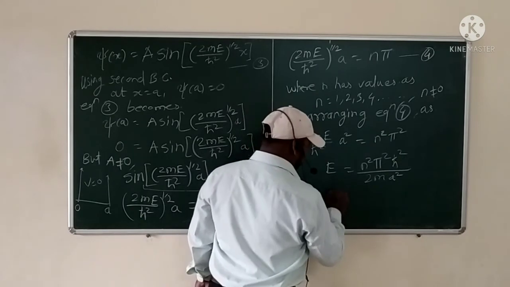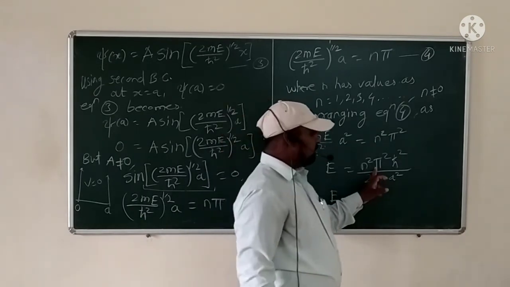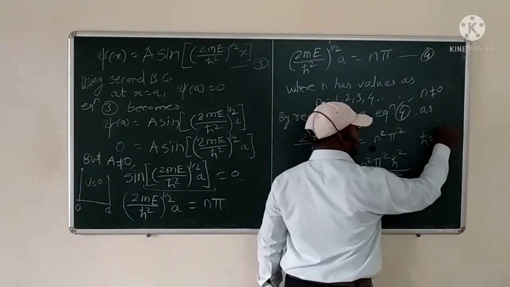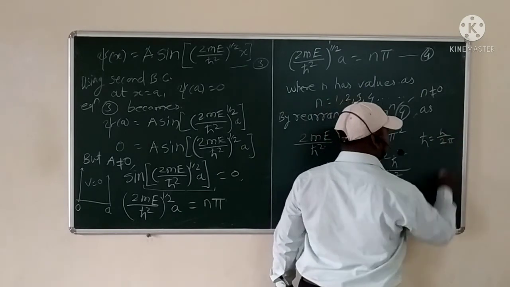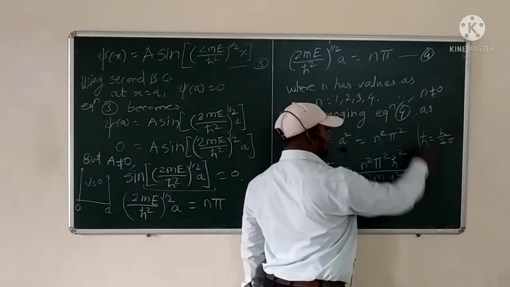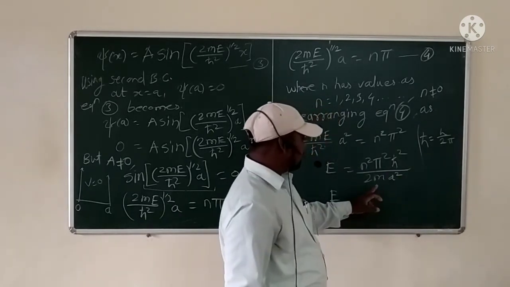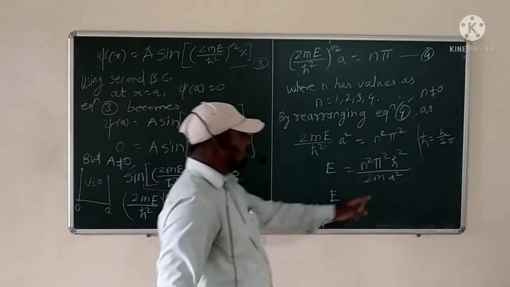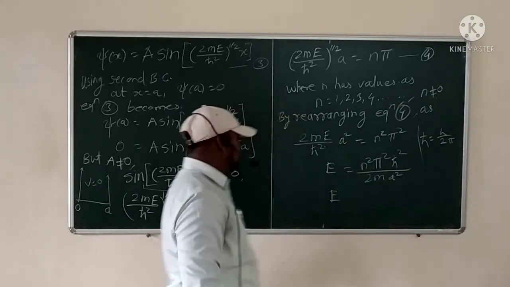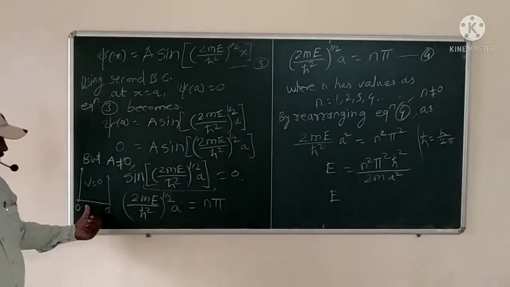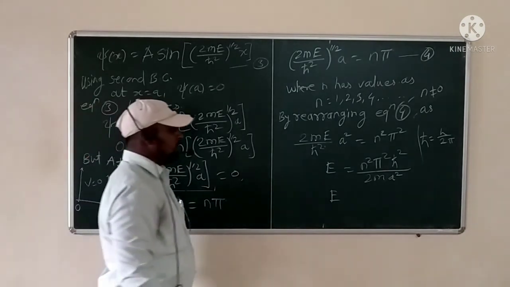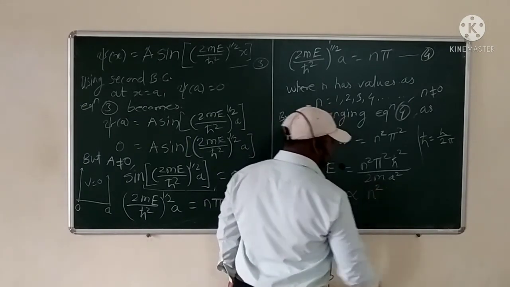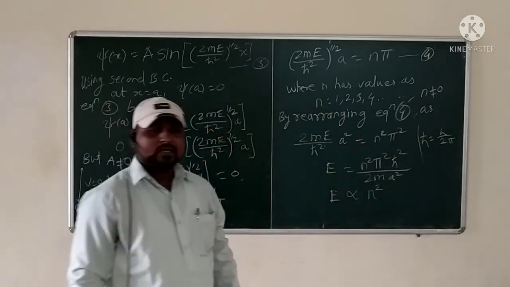From this, we conclude that the pi value is constant, and h cross is what? h cross is equal to h by 2 pi, right? h is Planck's constant, so that is also constant. 2 is constant. m is the mass of the particle; generally we are discussing an electron, so m is the mass of the electron. And a is constant, the length of this box. So we can see that the energy E is directly proportional to the integer n,